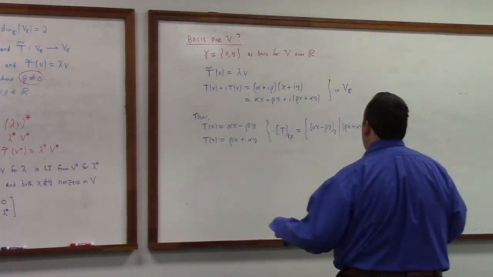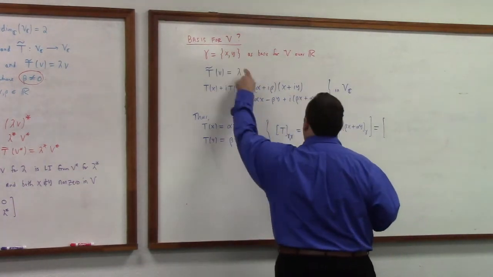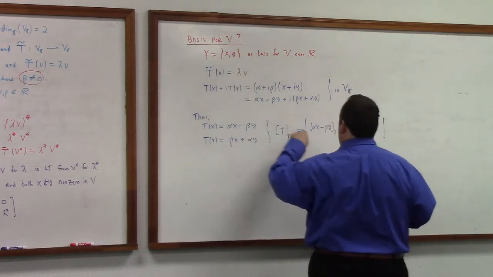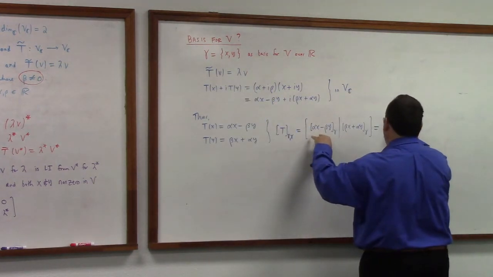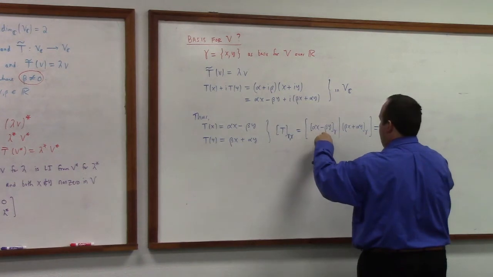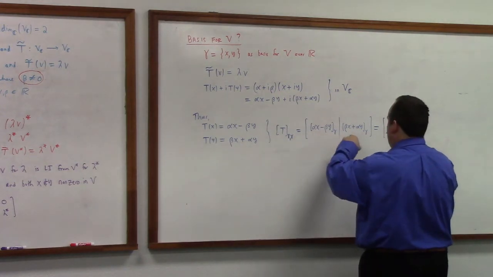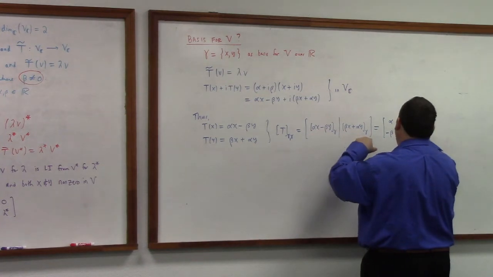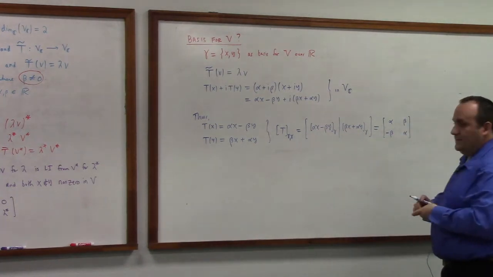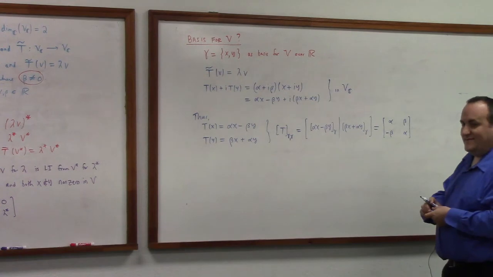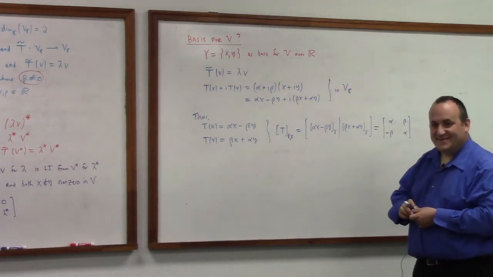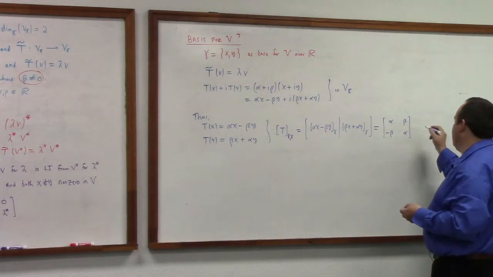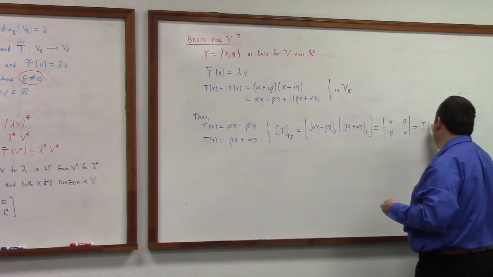Remember, the first basis member is x. The second one is y. So alpha, beta, yeah, this would be alpha, minus beta, first column, and then beta, alpha. Yeah, that was to be expected though, right? Well, that's to be derived. We just derived it. See, this is what's called the real Jordan block